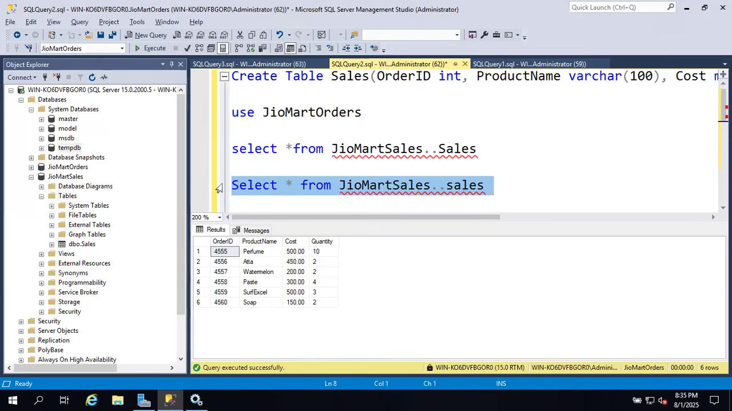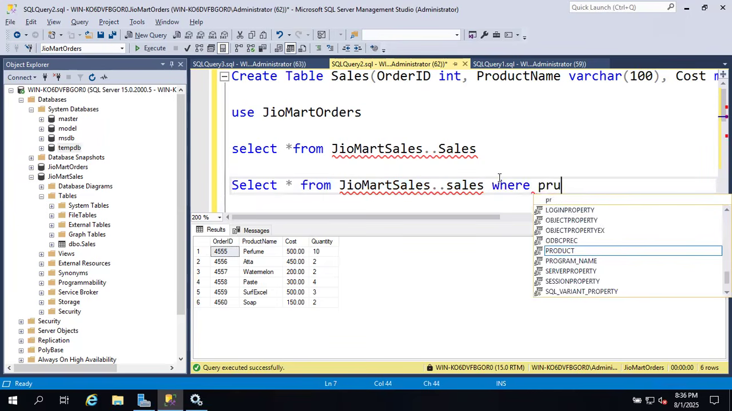Now I want to read all the products. For example, I want to see the cost of atta. Just the atta record, or perfume, whatever it is. I want to see a particular record, which means it has to pull all the columns of that record. So all the columns means select star from table name where product name